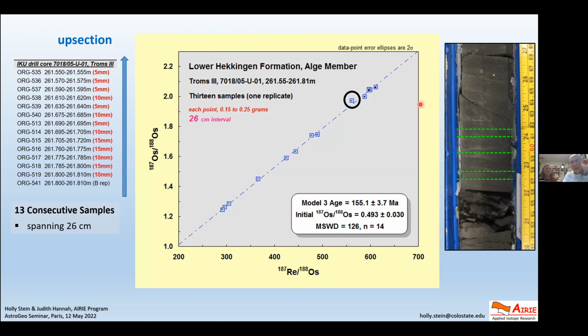So from that data table that I just showed you, these are the data, all of them shown. And you see a little bit of scatter, but the age is pretty much what we expected. But gosh, we'd like to have better than plus minus 3.7 million years. And the